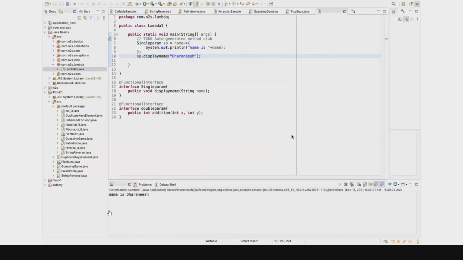Till now, any questions, anyone? How to create a functional interface and how you can write the logic for the method. You can see at line number 7, you are using a name parameter without a data type, but there is no error. Also, when you are writing the logic at lines 7 to 9, you are not mentioning the method signature, so by default it will apply all the code you write between 7 to 9 to the display name method only. Now do the same thing for your double param. After line number 11, double param dp1 equals, let's